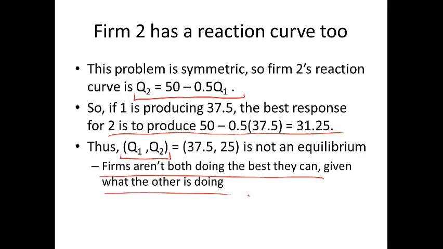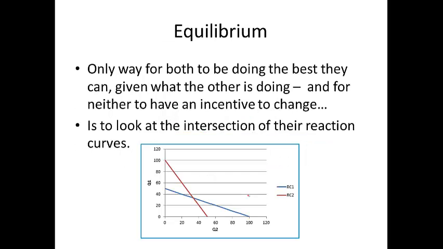Well, this seems really helpful. We've just found an answer that's not the answer. So how do we go and find the answer that is the answer? Well, the way we get to equilibrium is to find the intersection of their reaction curves. To say it another way, the only way for both to be doing the best that they can given what the other is doing, and for neither to have an incentive to change, is to literally look at the intersection